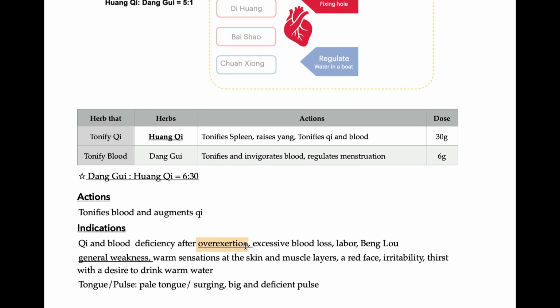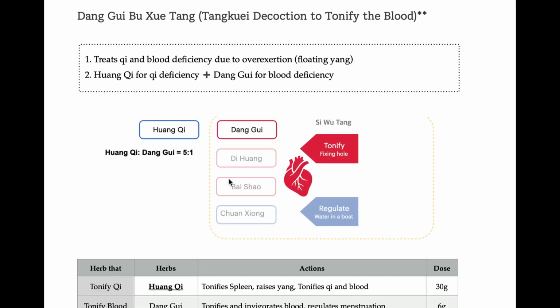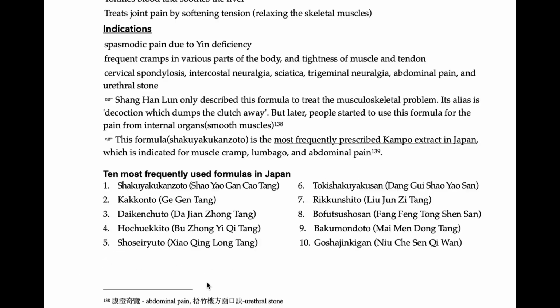So after moving the company, the patient was troubled with a lot of nighttime work, and he is totally exhausted and has symptoms like blah blah blah, like common cold-like symptoms. There is Danggui Buxuetang, overexertion. Okay, remember this as a keyword. General weakness after overwork.